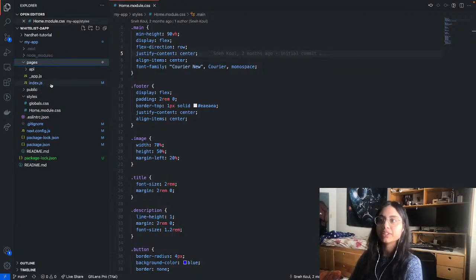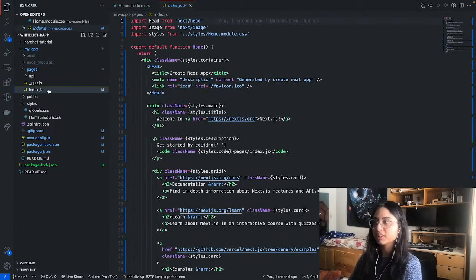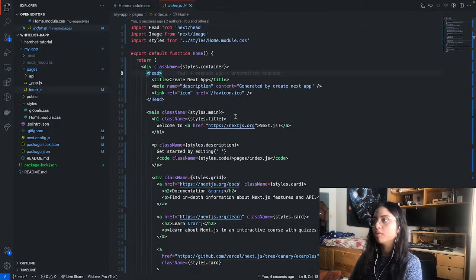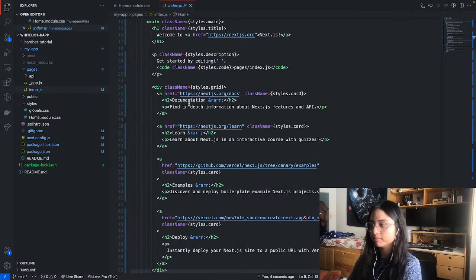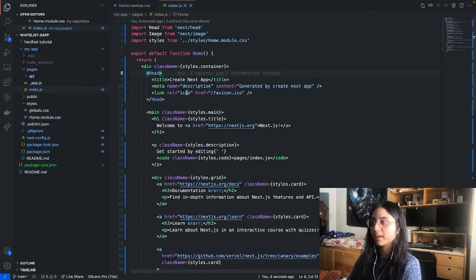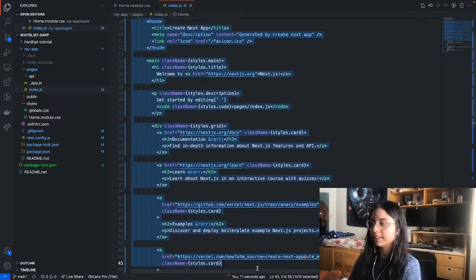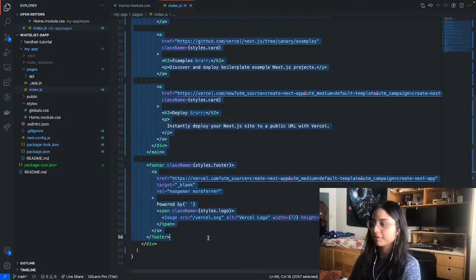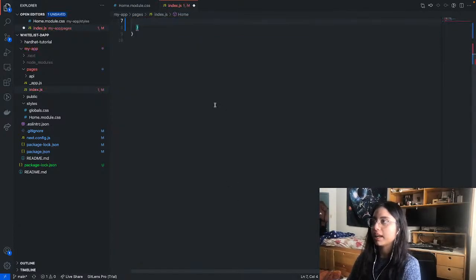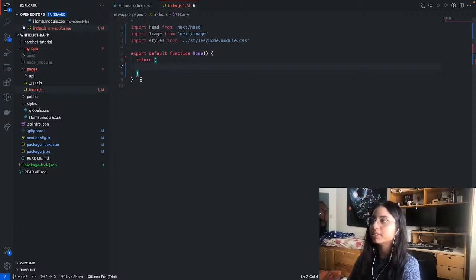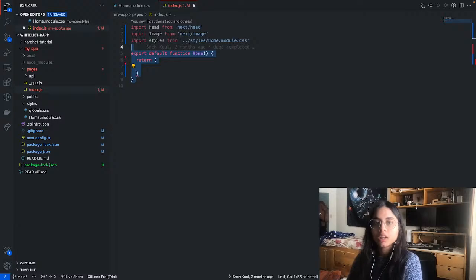Alright, so inside your pages folder, you should already see a file called index.js. So we'll be using this file to write our code. So go ahead and delete the existing stuff here. We don't need this. And you should now have a return statement and this default function. So we're going to be writing some React code,